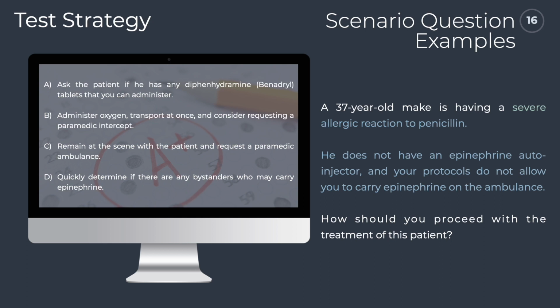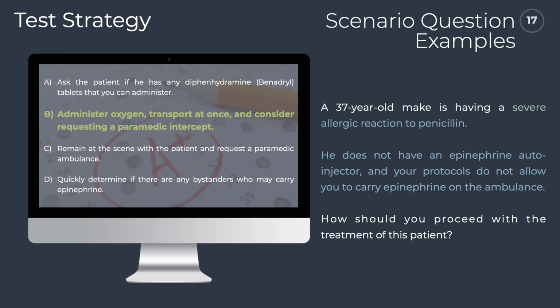This is where you might be tempted to start adding assumed information or playing what if with the information given. What if there was somebody on scene with epinephrine? What if there was a doctor who would be allowed to administer the drug? This sort of thought process may be fun from a creative standpoint, but it is lethal in the testing environment. Without adding anything to the question, we are left with choosing to administer oxygen, transport at once, and consider requesting